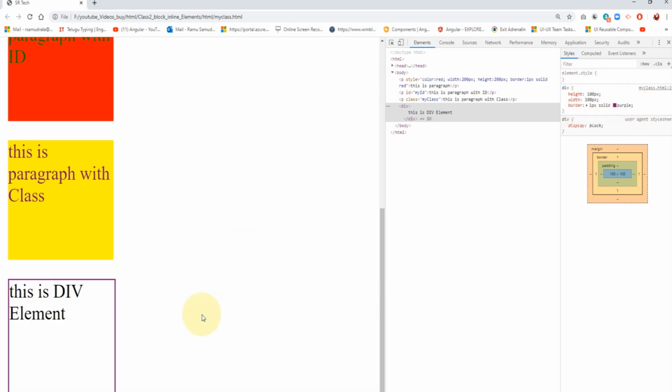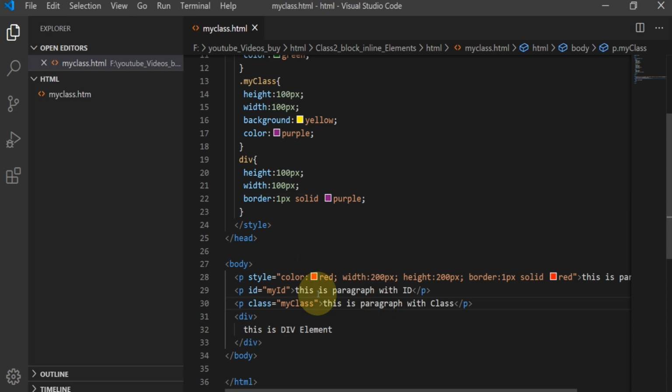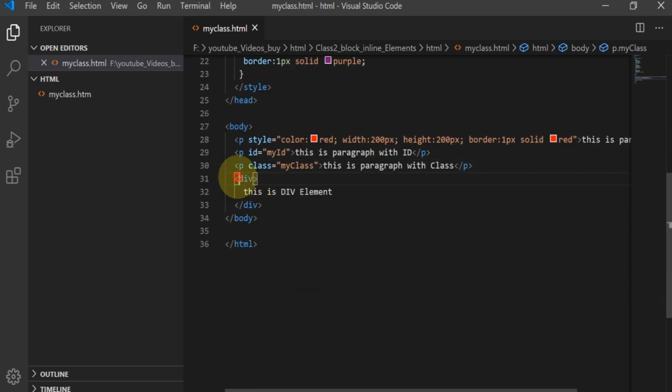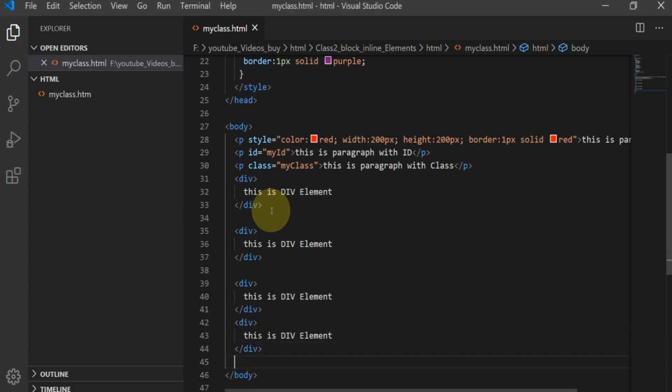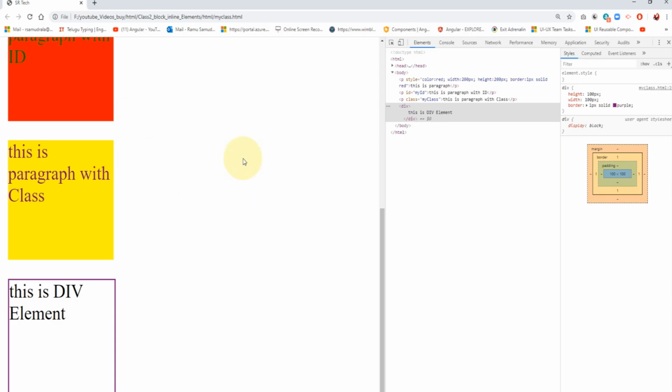So next, again I'm giving another div here, 2 to 3 divs. Let's see the difference with the earlier execution, so we'll get a better understanding.